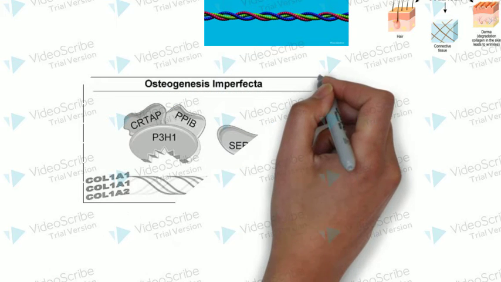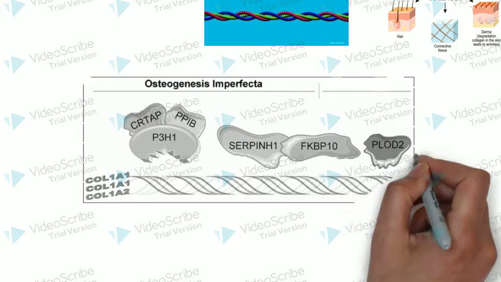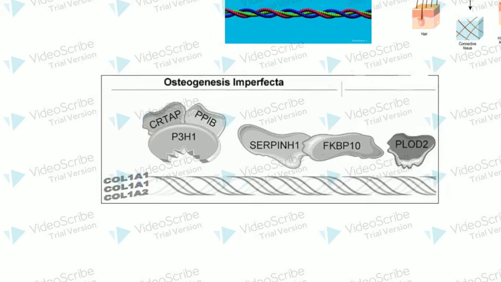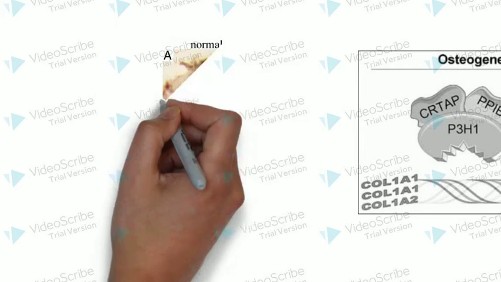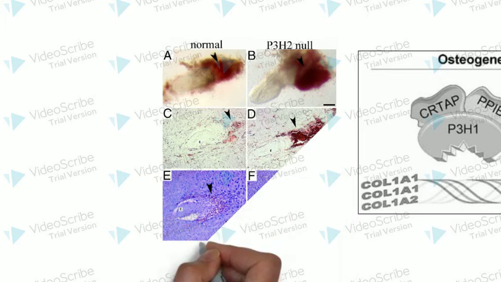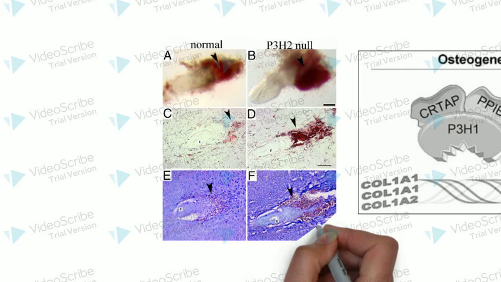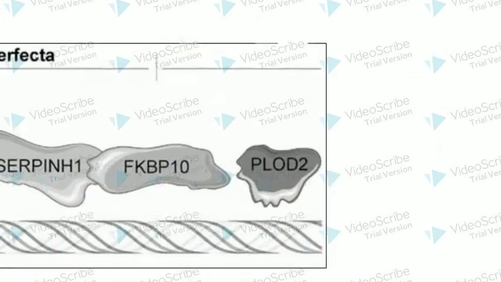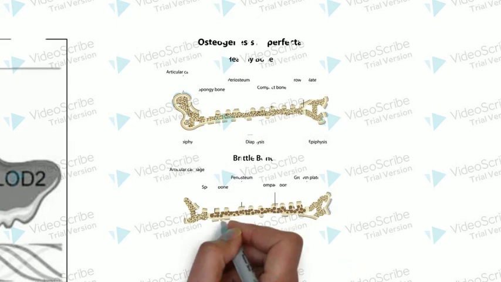Some patients diagnosed with OI don't have these specific mutations, but they do have mutations in the gene CRTAP, which is responsible for the formation of the protein cartilage, or in the gene P3H2, a protein coder that is required for proper collagen formation. Because of this, the bones of one with OI are extremely fragile and are likely to break,